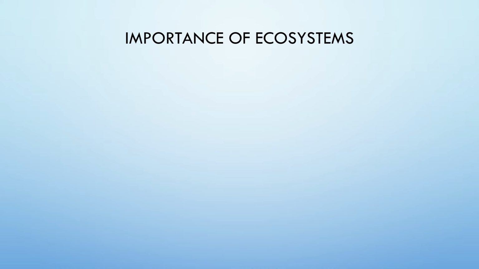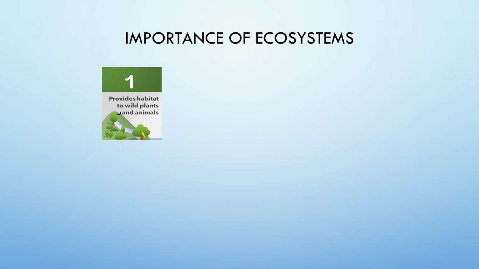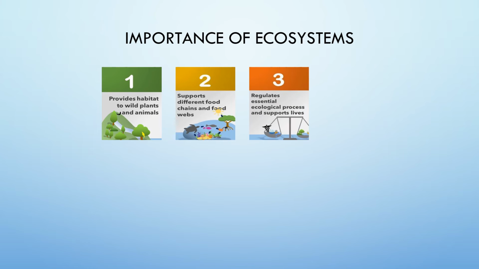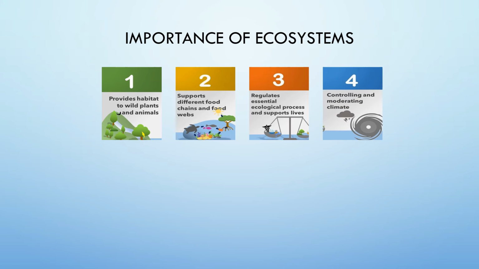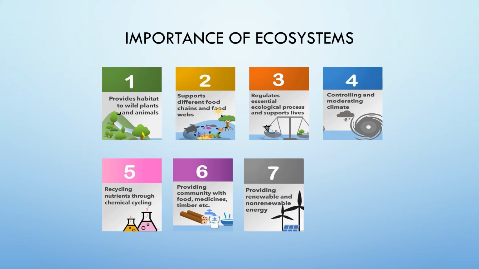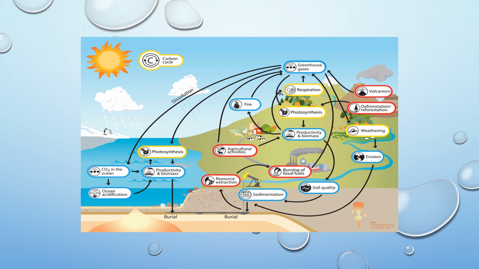So now, let's discuss the importance of ecosystems. Ecosystems provide habitat to wild plants and animals, support different food chains in food webs, regulate essential ecological processes and support life, control and moderate climate, recycle nutrients through chemical cycling, provide communities with food, medicine, timber, etc., and provide renewable and non-renewable energy. Also, ecosystems help in maintaining the usual flow of energy in an ecosystem, including the carbon cycle,